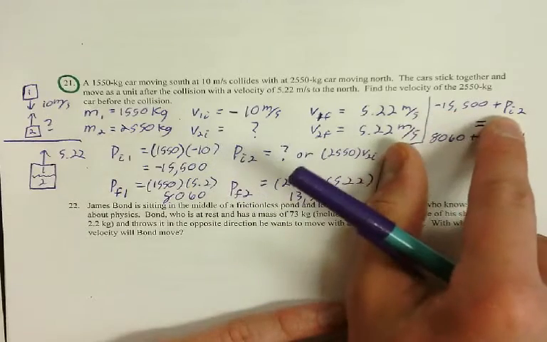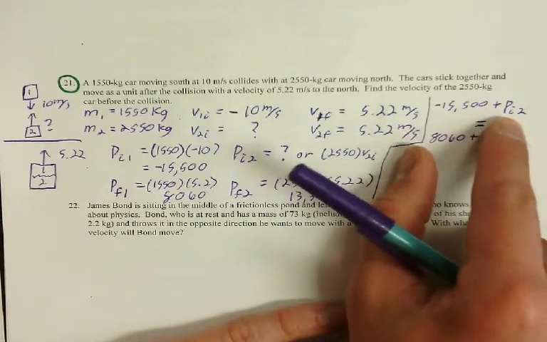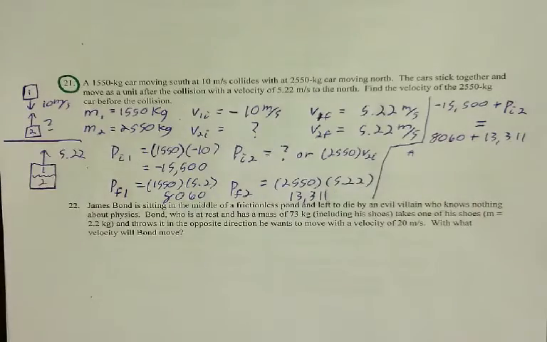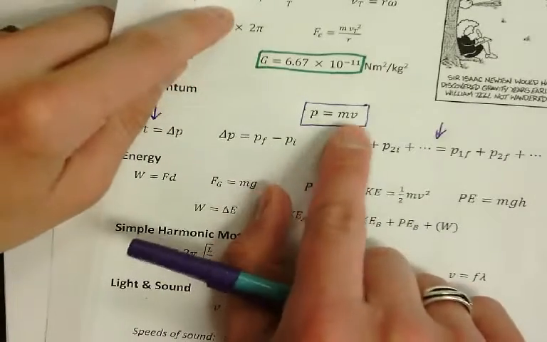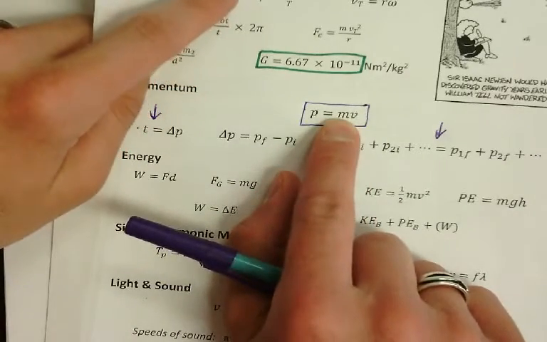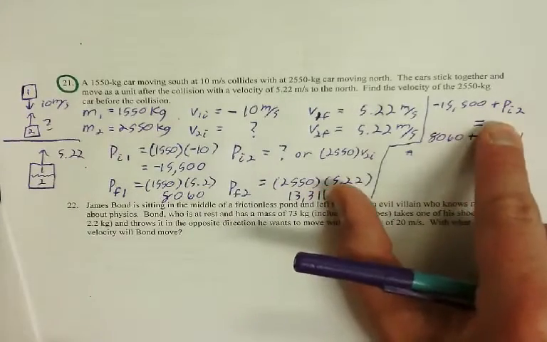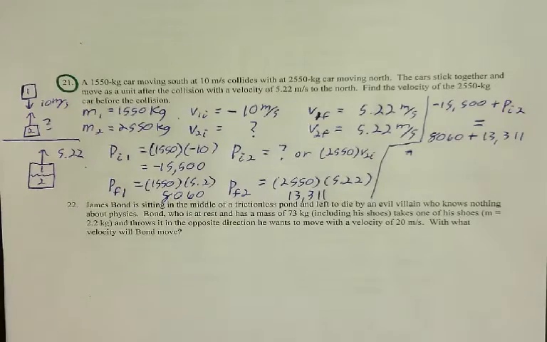I'm going to get P initial 2 by itself, and then once I get that number, I'll use this, P equals mv, to find the velocity. The mass will be the mass of object 2, and the momentum will be the answer I find here. Okay? So try that to finish it up. If you want to mark down the other questions we were